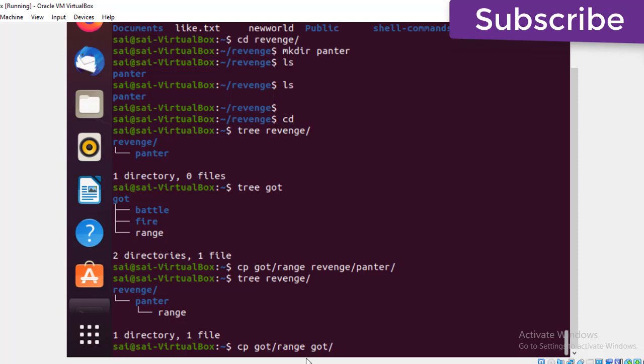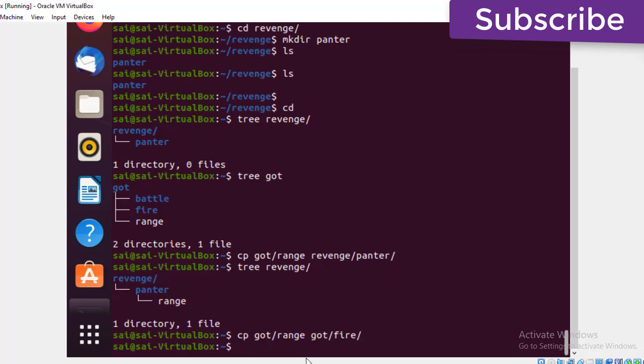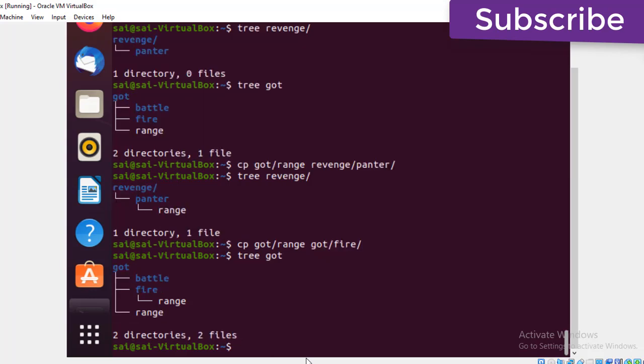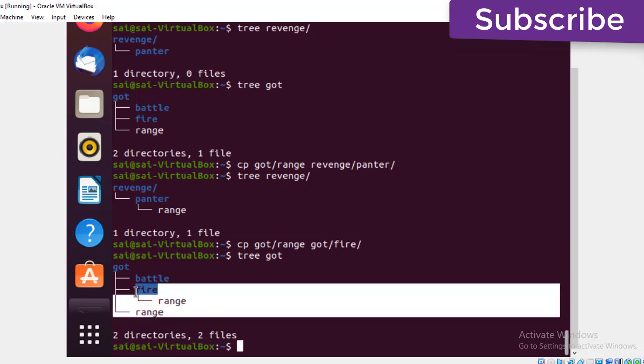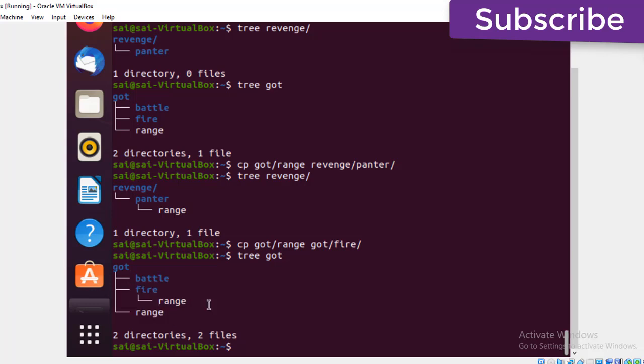What's the file name here? Sorry, the directory, right? We'll see now the preview of GOT. See, now I'm able to see the range file also in the GOT directory. You got it, right?